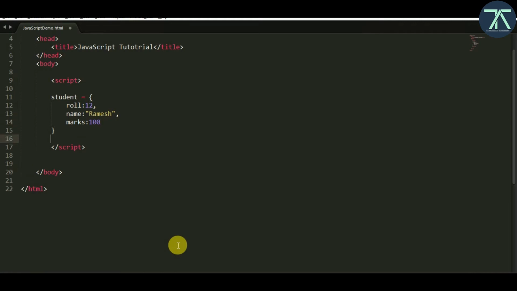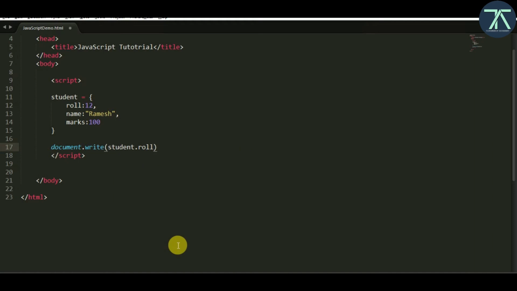Now how do we print this object in our browser? To print, I'm using the same document.write function, and first we have to write the object name, which object we want to print. So student, I'm going to print student, and then which field we are going to print. So after that, dot, and then roll.